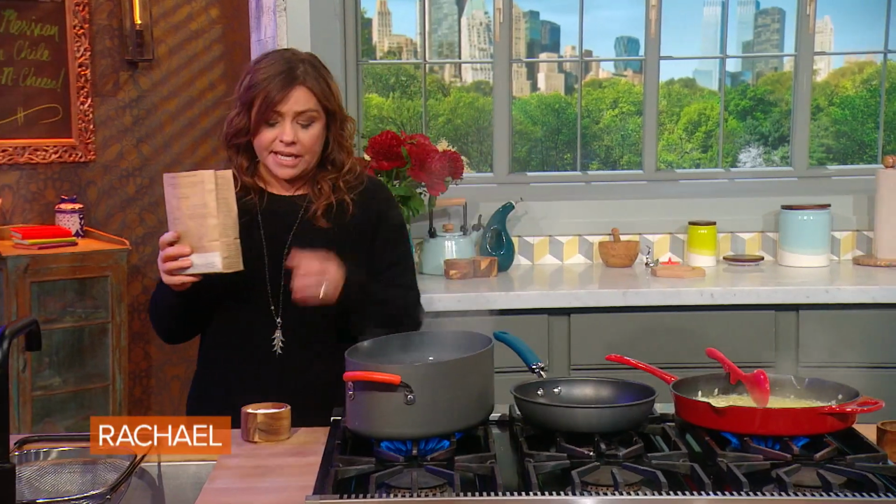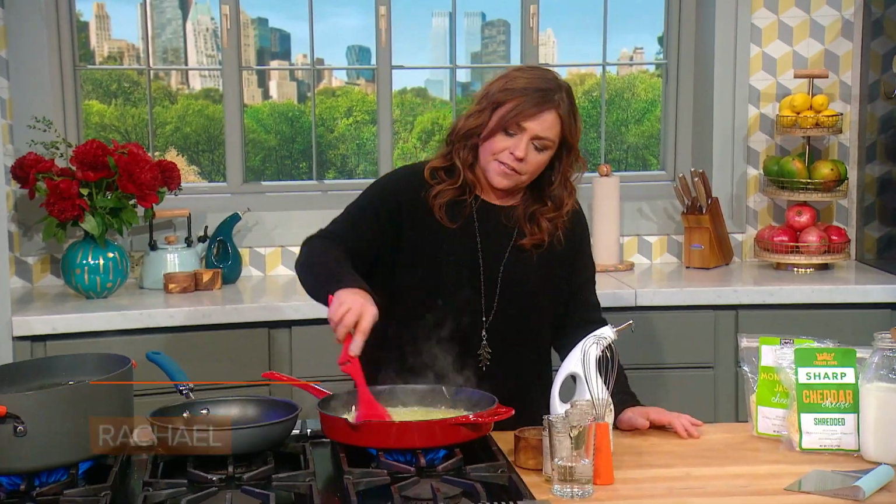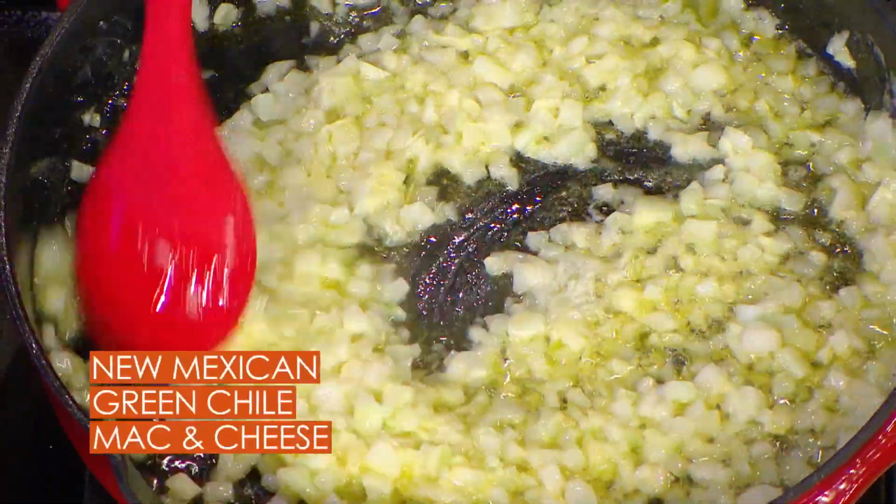This is a 9-minute pasta. I'm gonna cook it 5 minutes in salted water. So about 5 minutes. Meanwhile, while we're par-cooking our pasta, I've taken olive oil and butter, melted them together in